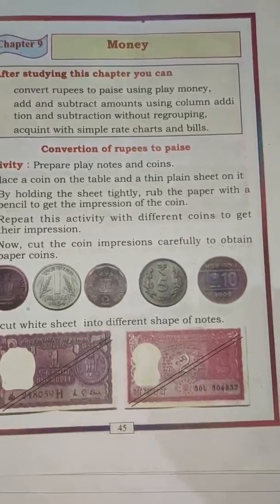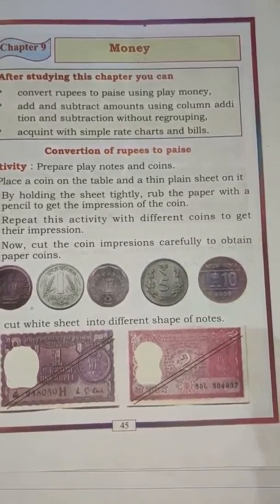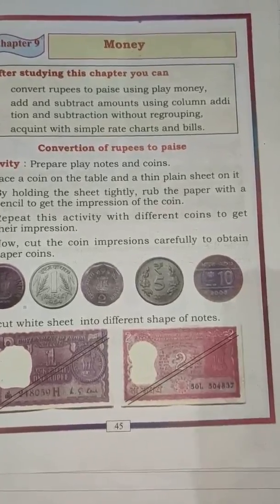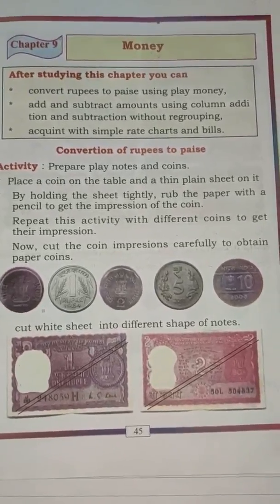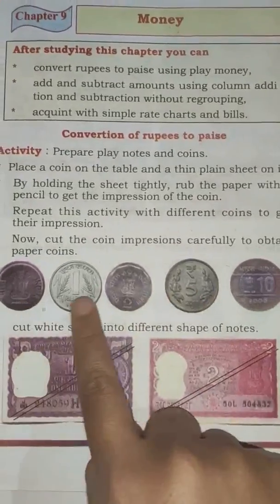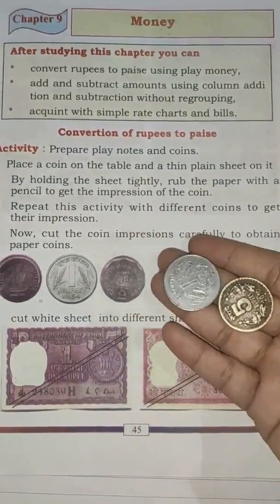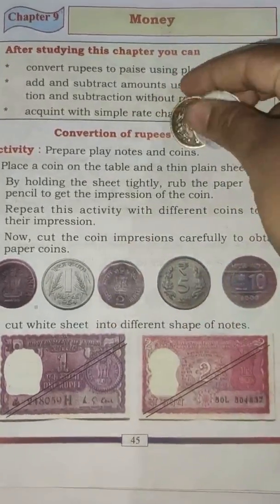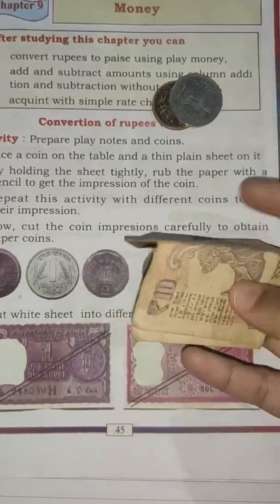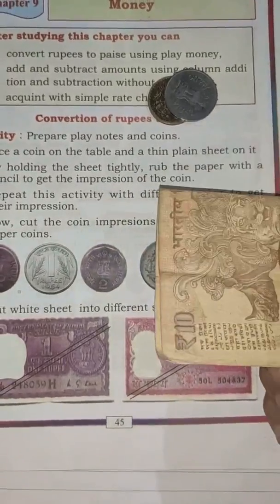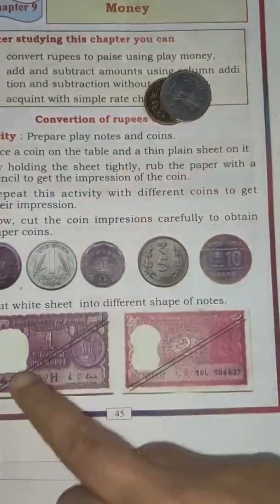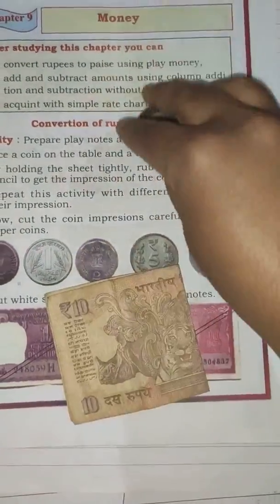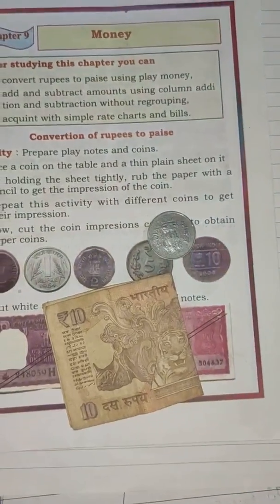First let us know what are rupees and what are paise and how to write these rupees and paise. Okay, so children, can you see these pictures here? Yes, these are called the coins. And here, what is this? This is called the note. Here you can see 1 rupee, 2 rupee and here it is 10 rupees. These are the notes, whereas these are the coins, isn't it?